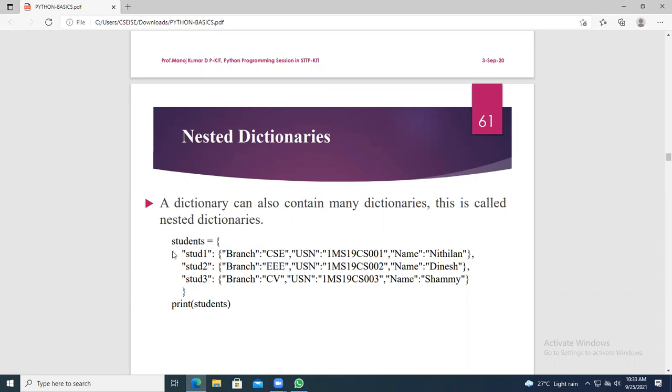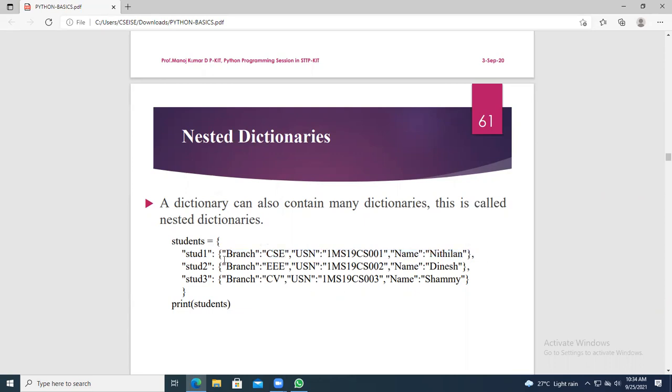Now you see, what is stud1? It is one of the keys. Inside that you have a key with a value. So which one is nested here? Are the keys nested or the values nested? Keys. Keep in your mind, stud1 is one of the keys. All this part will be the value part.